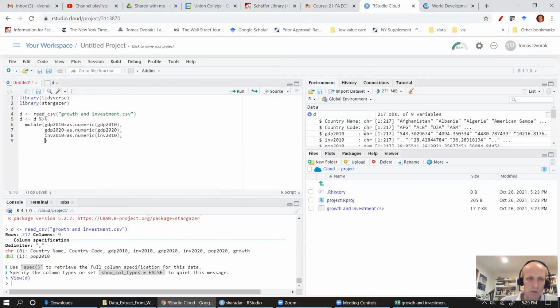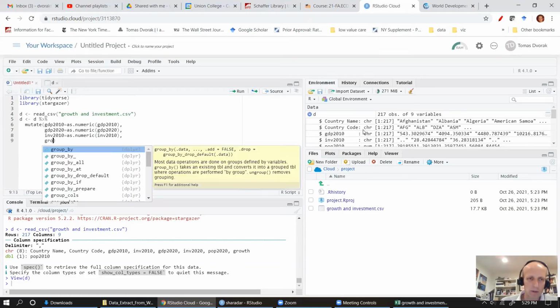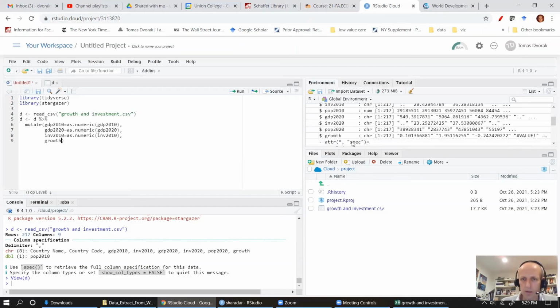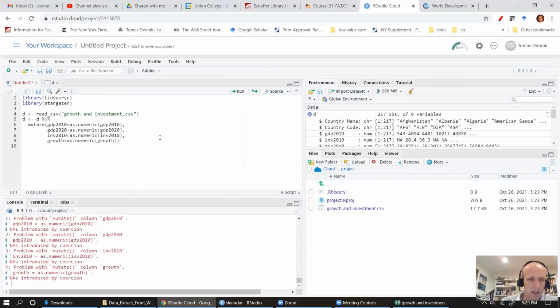let's also do growth. I think we call this variable... Oh, we just call it growth. Fine, we'll call it growth equals as numeric growth. So fantastic. So if I run this,